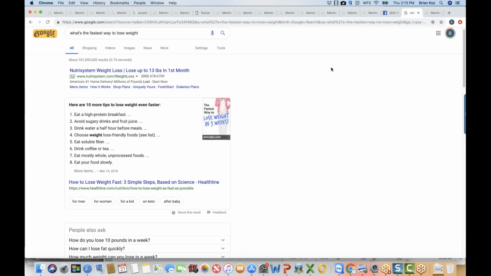You've probably seen this if you've done a search on Google. If you have a search like, hey, what's the fastest way to lose weight? You'll probably see some results have a question that's basically answered before it shows the site. Essentially, Google gives a little bit of an answer, and it says what site it grabbed that from. It has a picture of the book or the site in this case.